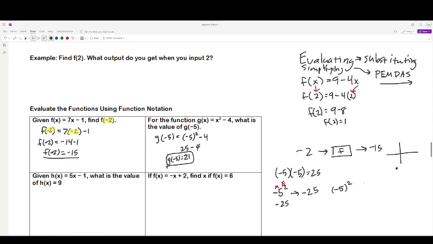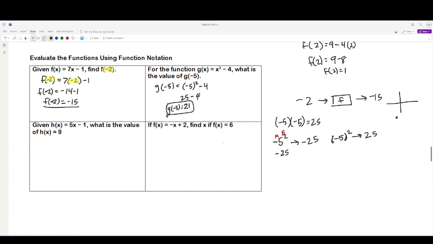In reality, if you type this in the calculator, you have to type it as -5 in parentheses and square it, and then the calculator will tell you that it's 25. The reason for that is it groups together in the parentheses, so it's squaring -5, not making 5 squared negative. Hopefully that won't be an issue because we're not using calculators very much. But if you do ever type a negative squared into a calculator, it will give you a misleading answer because it is strictly following order of operations. And what you told it is to make the negative of 5 squared,